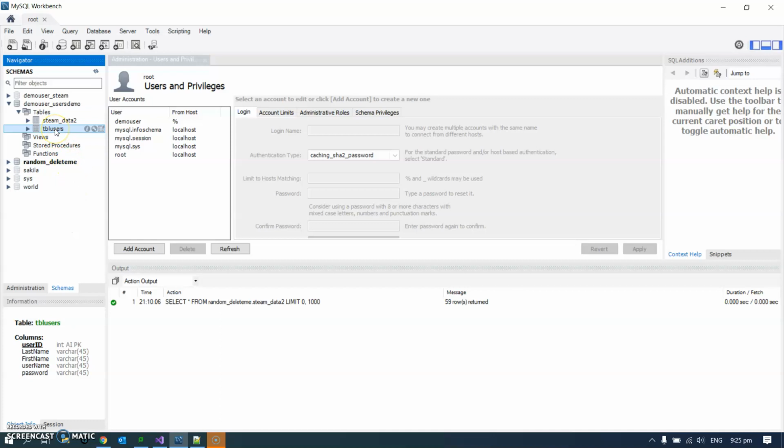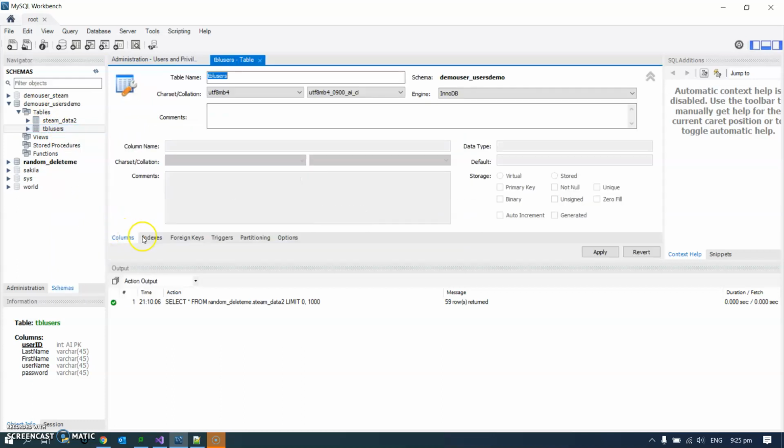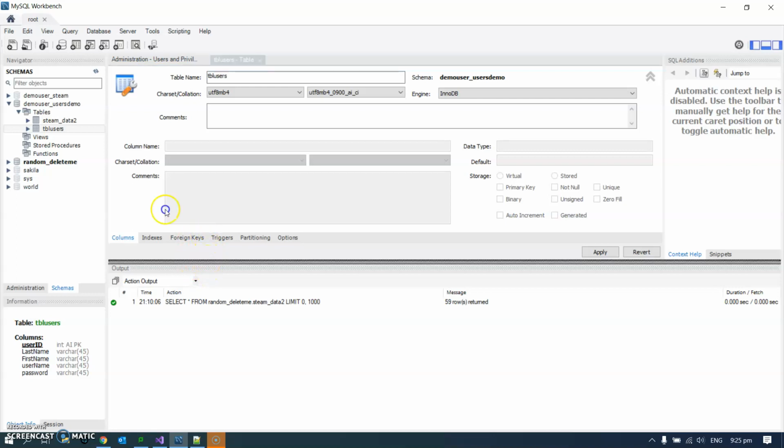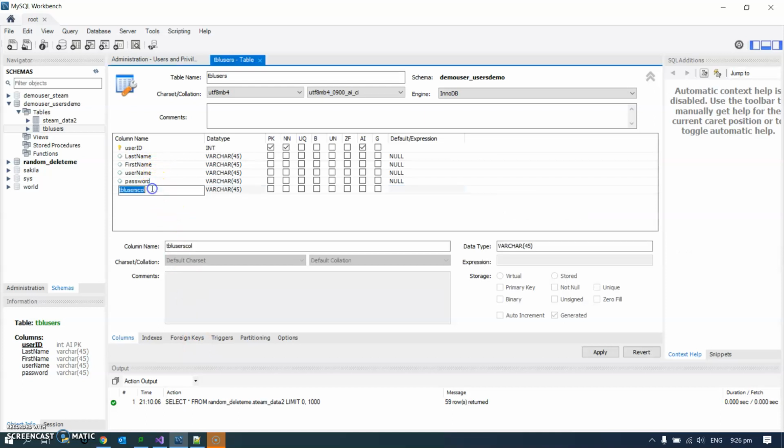Now, one thing I'm going to do is start here by talking about this users table. So if I alter that table, now one of the hilarious things about MySQL Workbench is it hides things on smaller screens. You may get into this situation, you can't see the fields that you need to alter, but if you move this down, ta-da, there's all the fields in the database. So what I'm going to do is add another field here called access level, which is going to be a numeric field, int,